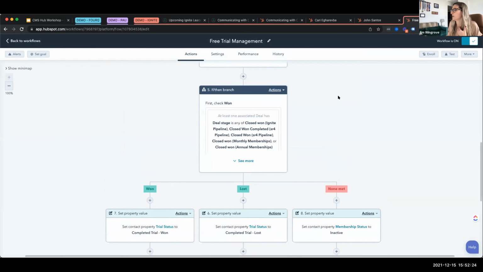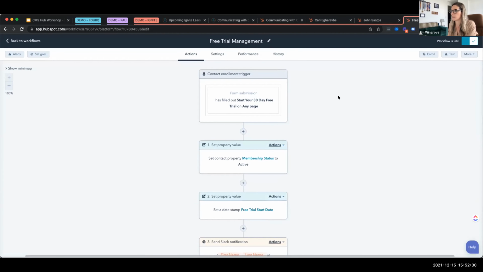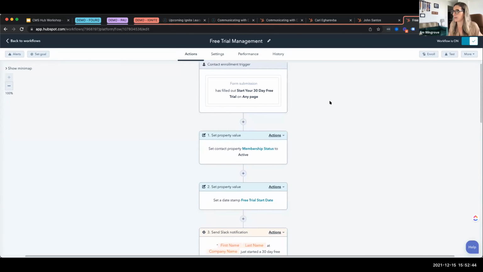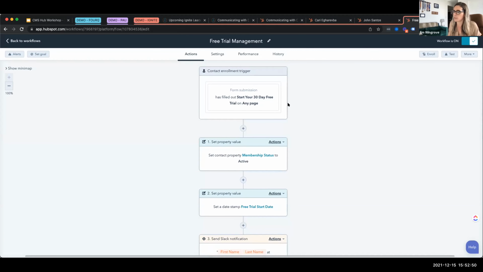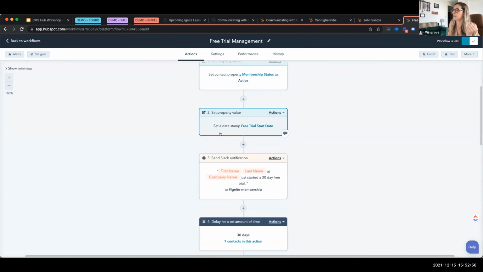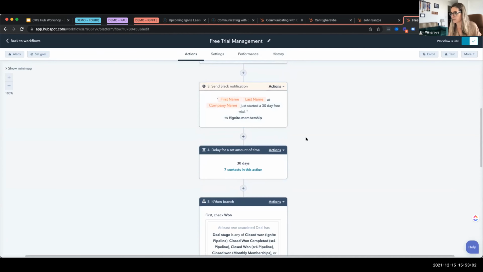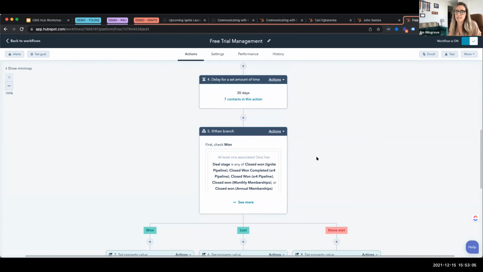I also want to show, again, just the interconnectedness of Marketing Hub, Sales Hub, CMS Hub, because pretty much none of this stuff is possible without one another, without the respective hubs. So here we're using a workflow. Again, there are memberships. You have to have a membership to view the content. So here, if you filled out the form to start, they have a 30-day free trial. Change the membership status to active, put a date stamp on there, send an internal notification so we know someone has just signed up to become a member, wait 30 days, and then let's see if after 30 days,